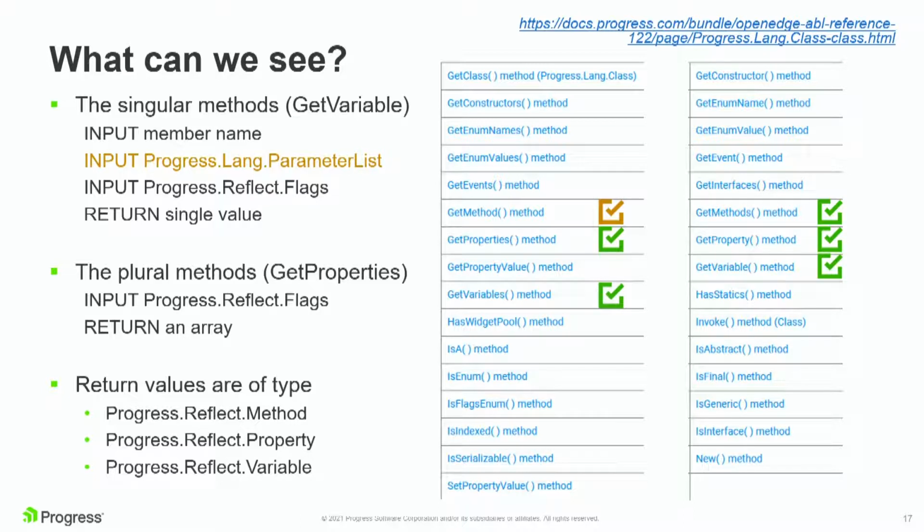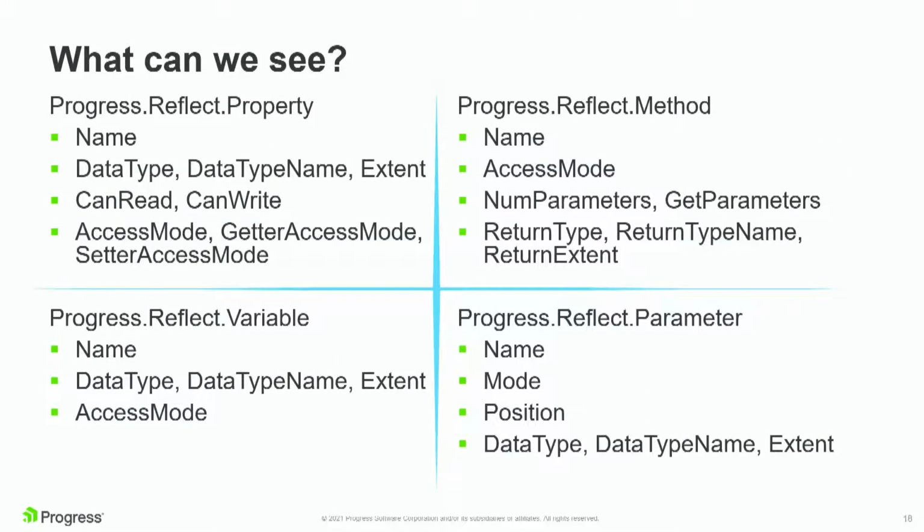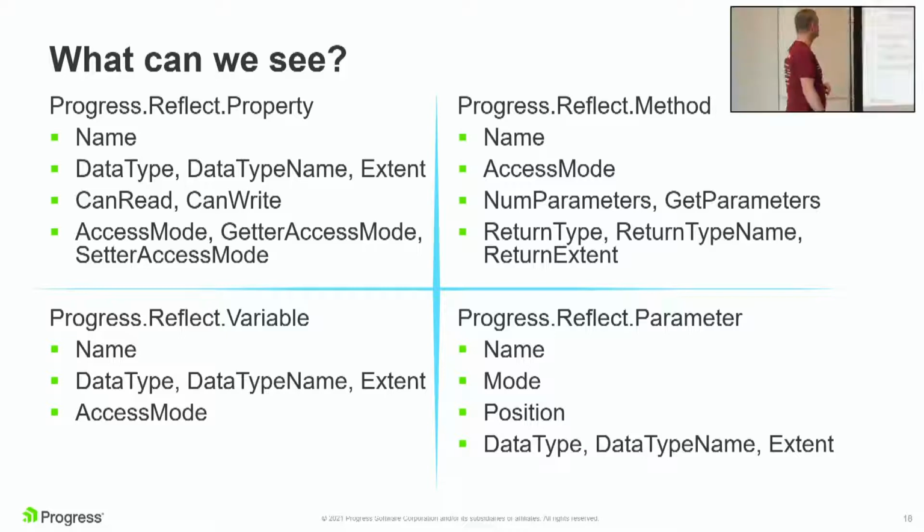So we get return values of one of these three types: Progress.Reflect.Method, Progress.Reflect.Property, Progress.Reflect.Variable. And these give you a bunch more information, right? Of course, it's just like turtles all the way down. So properties, the things that are useful here, there's more than just this: the name, the data type name. So that would be, if data type is Progress.Lang.Object, which is how we'll end up doing it, that would be character or Progress.Lang.Object or integer or int64. But if it's Progress.Lang.Object, the data type name, mirror.filename, FileWriter, right, in my case.